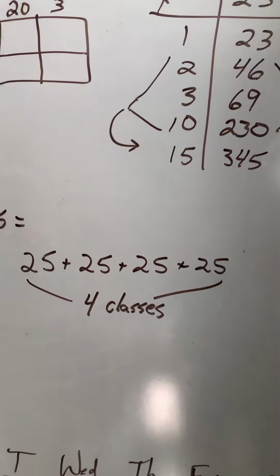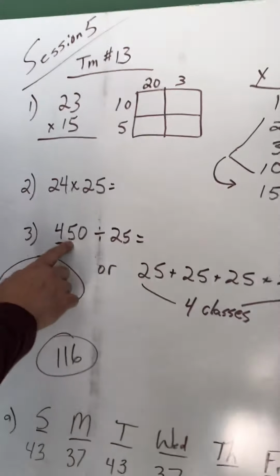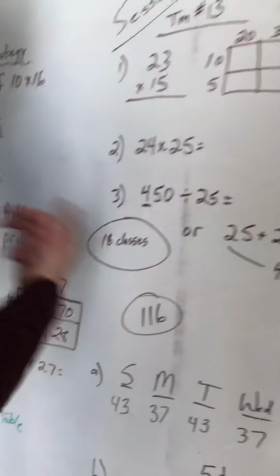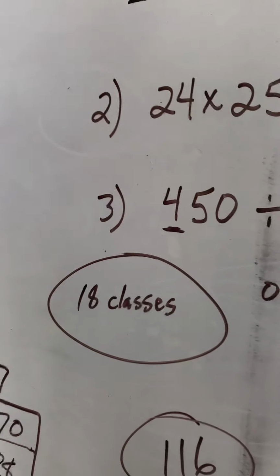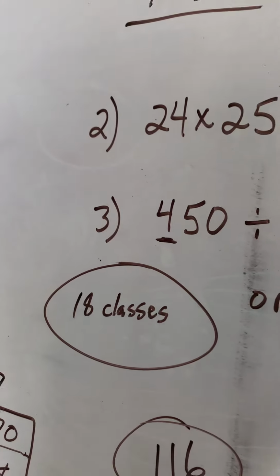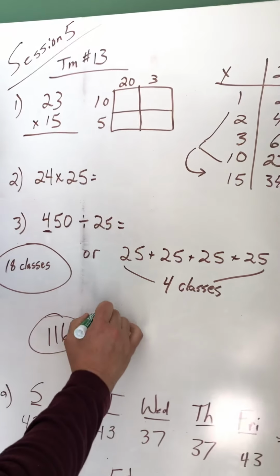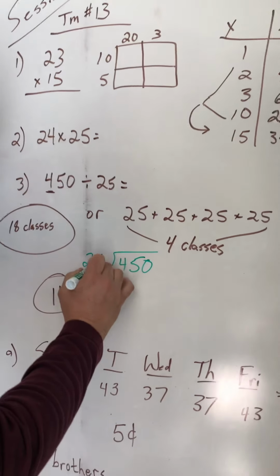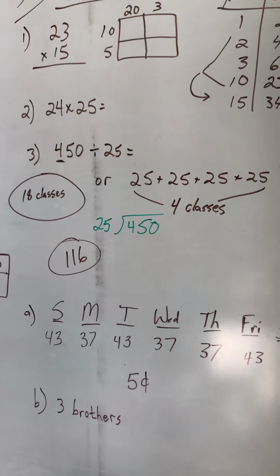So 4 times 4 is 16 classes, okay? And then we have 50 extra kids here, which is 2 more classes. So the answer, 18 classes. So I meant to show you that because I know some of you can do 450 divided by 25 like this. Okay, I know some of you can do that, but a lot of us, if you write it out like